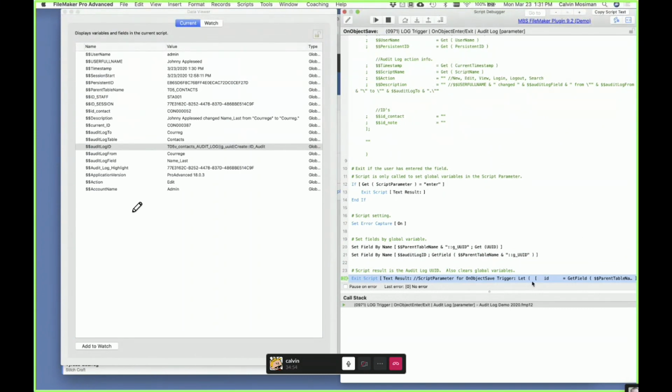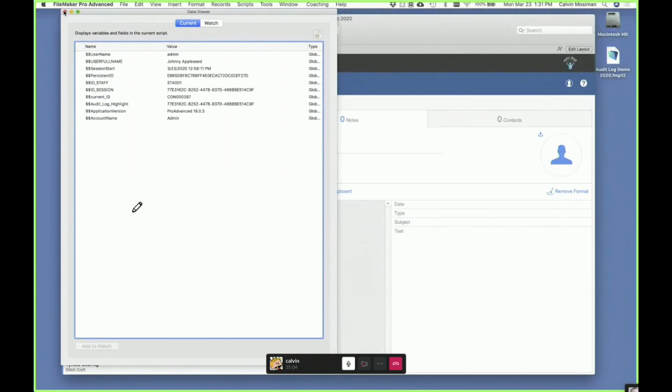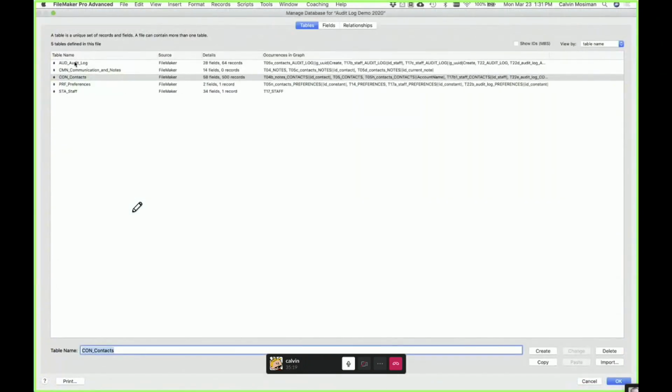And then at the end, the exit script result is just another let statement that clears those global variables in case we don't want them. So really the only action we're doing is setting a field in the current table, one field in the audit log table, and it's creating that record. And the way that those values are all filled in the audit log, let's go ahead and look at those